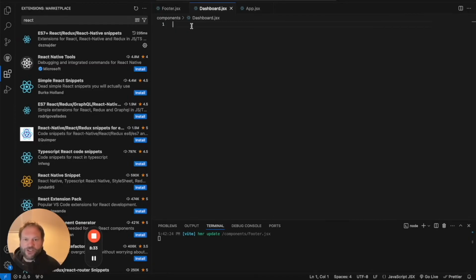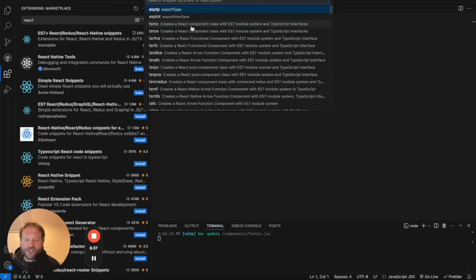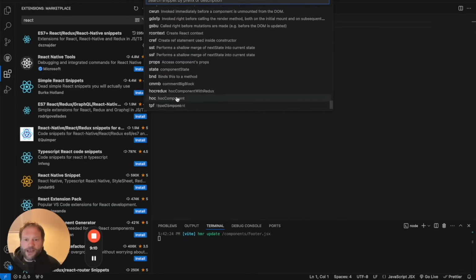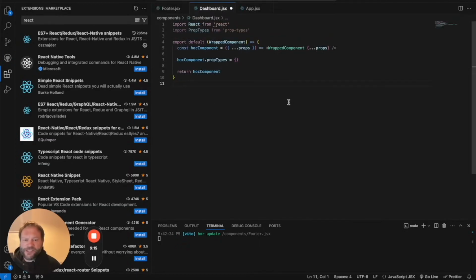I'm going to use Command, Shift, and R, but if you're on Windows, you would actually use Control, Alt, and R. What that does is it brings up this pretty fiendish looking menu of all of these options, and these are all code snippets that this extension can give us. So we've got stuff here which is both for React, for Redux, and for React Native. Some of it is legacy, so you'll likely never use it. Some of it is highly complex that you probably haven't come across as yet. So we've got, for example, HOC, which stands for Higher Order Components. When we click that, it gives us the code we need. But hey, that's getting a little bit ahead of ourselves.